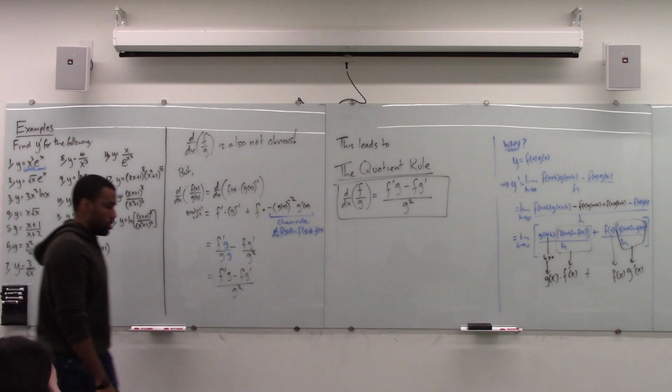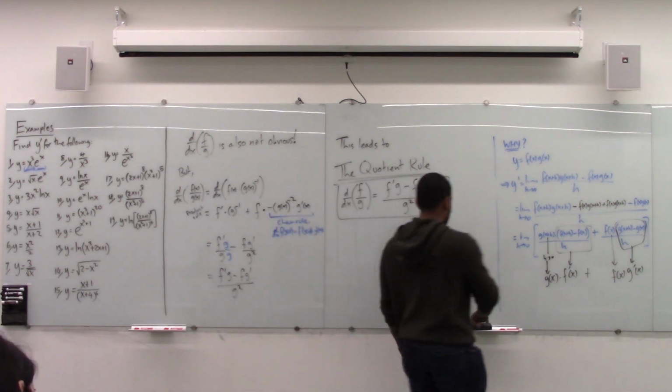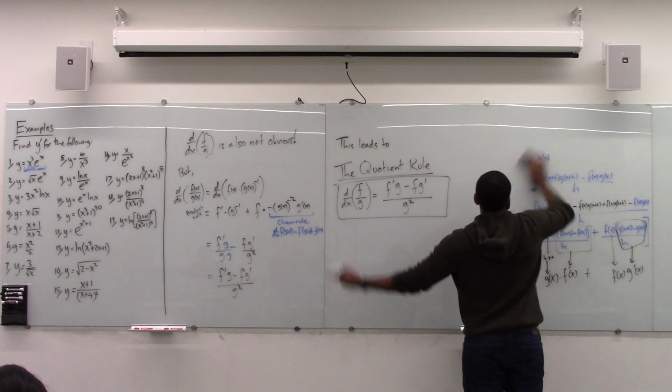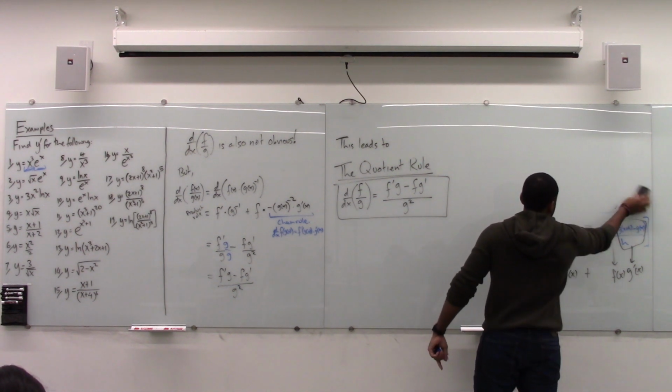So now, with those two rules, we are able to do all 19 problems, in addition to the rules I told you last time. So last time I told you,